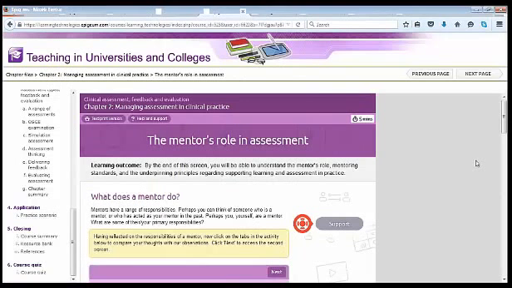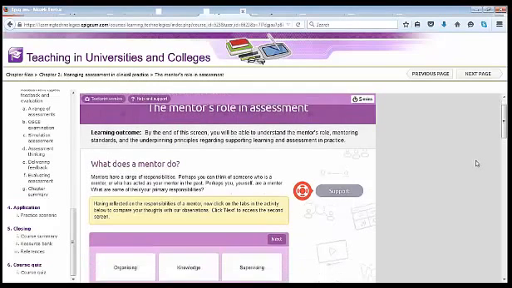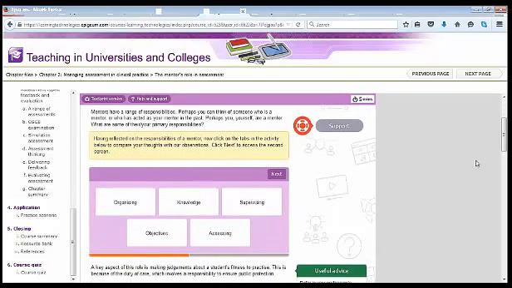Okay, so this I wanted to show you, this is from the second course. This is about the mentor's role in assessment. And this is an example of a bespoke tabbing activity as well. So we use these throughout. So the screen has introduced the responsibilities of a mentor, and now you click on the tabs to compare your thoughts with our observations. So here, assessing,